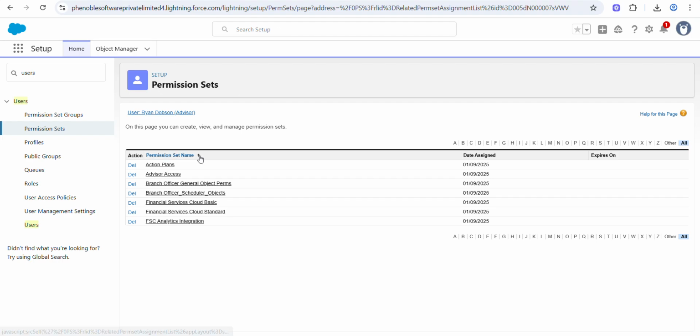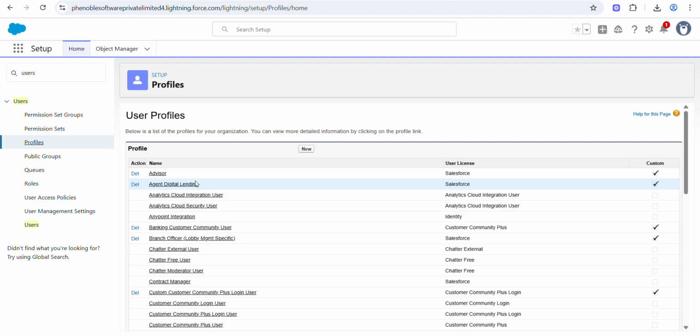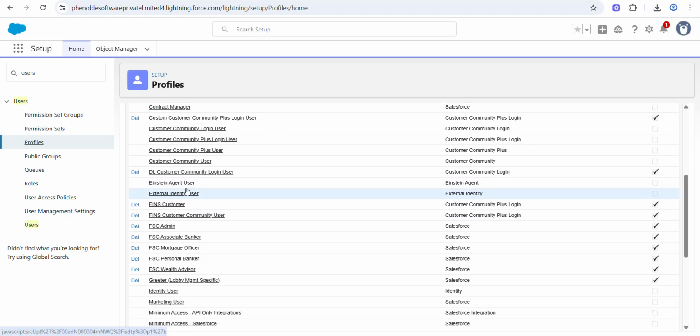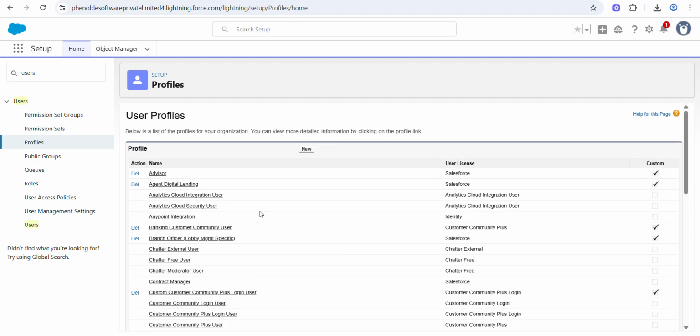Now let's go to the profiles. A profile defines how users access objects and data and what they can do within the application. When you create users, you assign a profile to each one. Let's review the financial services related profiles that are already in this org, and what object permissions are assigned to these profiles. Let me open one from this.